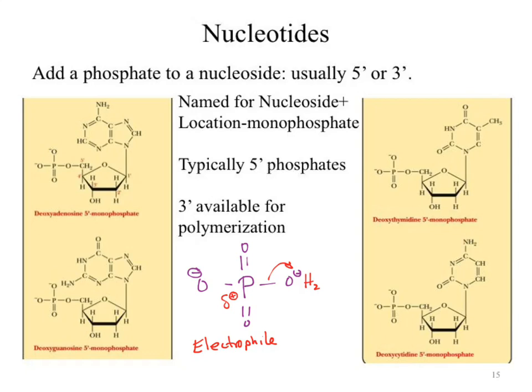How many oxygens are in the deoxy? One less. Yeah, there's one less to worry about. So if we look at the deoxy form, we really only have two reactive oxygens where we can put the phosphate group. Those reactive oxygens are either going to be located at this position, which is carbon number